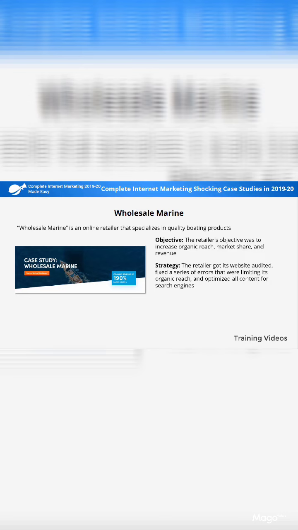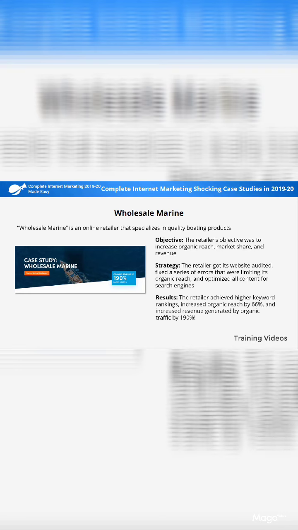Wholesale Marine. Wholesale Marine is an online retailer that specializes in quality boating products. Objective: the retailer's objective was to increase organic reach, market share, and revenue. Strategy: the retailer got its website audited, fixed a series of errors that were limiting its organic reach, and optimized all content for search engines. Results: the retailer achieved higher keyword rankings, increased organic reach by 66%, and increased revenue generated by organic traffic by